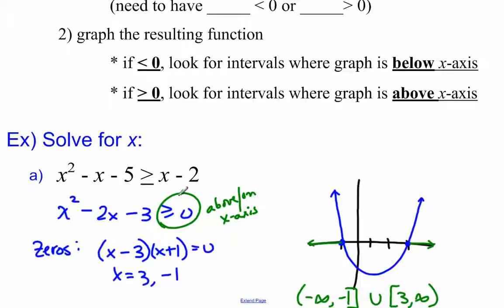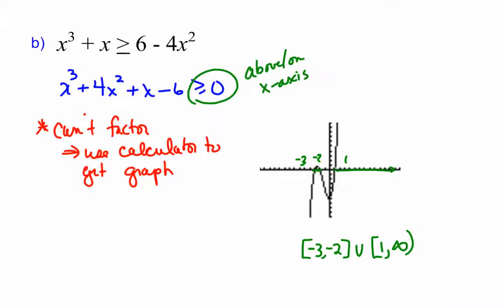Now what are we looking for? Well, it says we want it to be greater than or equal to 0. So we want the sections on this x-axis that make the picture above the x-axis. So any x back in this side here is going to give me the picture on the upside. Okay, so from negative infinity to negative 1, and I put a bracket to include the endpoint. We don't want these x's here, so skip those. But then starting from the 3 with the bracket to positive infinity, I would also get a graph above the x-axis. All right, let's take a look at another one.